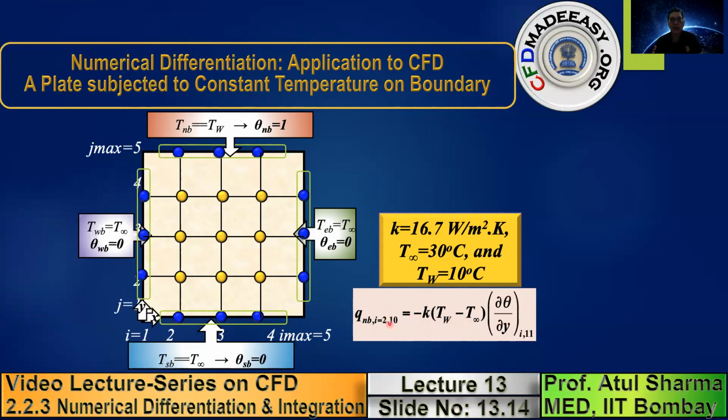to calculate the heat fluxes. Note that heat flux is minus k dT by dx, sorry, dT by dy. That dT by dy is converted into d theta by dy using the non-dimensional definition which I made. This is the expression that we will be using to calculate local heat fluxes on the north wall, where we will consider 11 points, and 1 and 11 will be the boundary corner points which do not appear in the computation, and from 2 to 10 I will show you the computation of the heat flux on the north wall or north boundary.